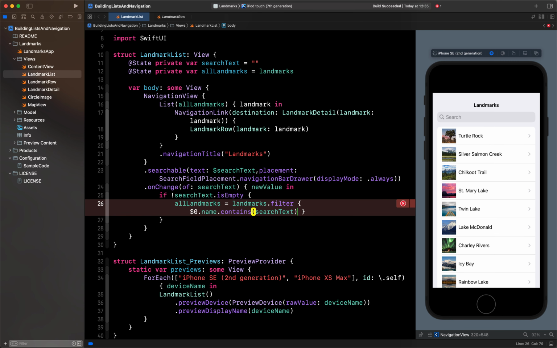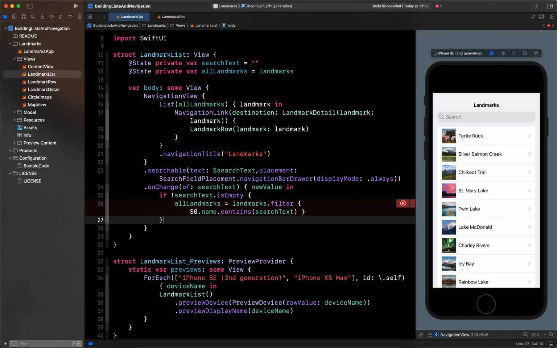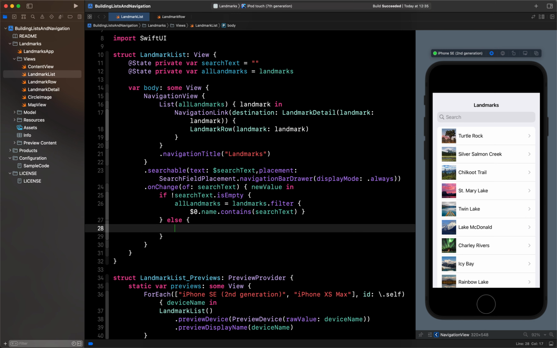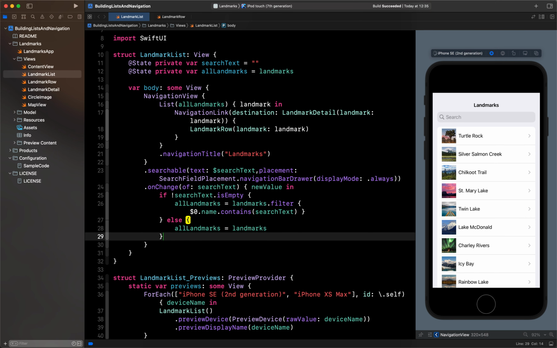That's for the non-empty field, but in case our search text is empty, then we need to show all the landmarks. So for that I will pass the default array to allLandmarks like this.